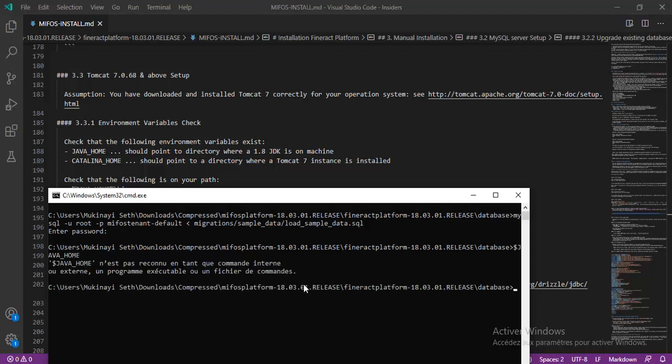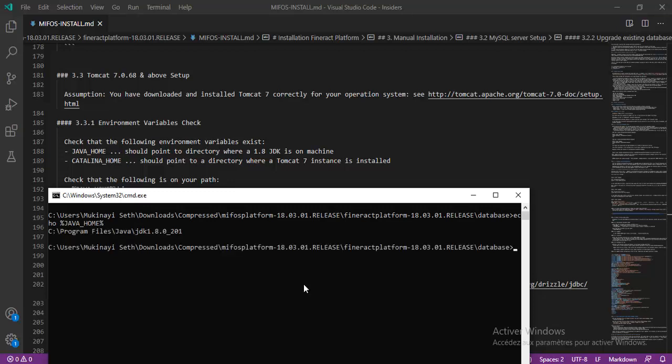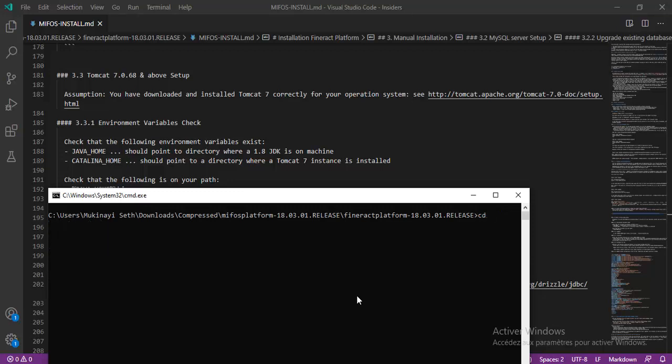When I do this, oh my God, I guess looks like I don't have Java. I got it. So when I do echo Java home, yeah, they show me that it's installed and it's been set up into the environment variable. Okay, now sorry, let me get out of this folder. Okay,